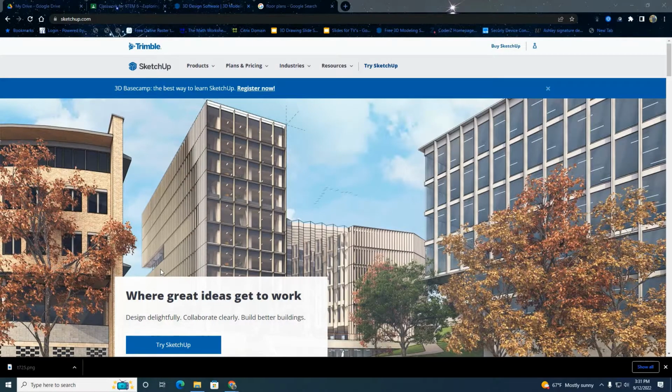Welcome to an episode of Mr. P Does It. Today I'm going to teach you how to take a two-dimensional floor plan and convert it into